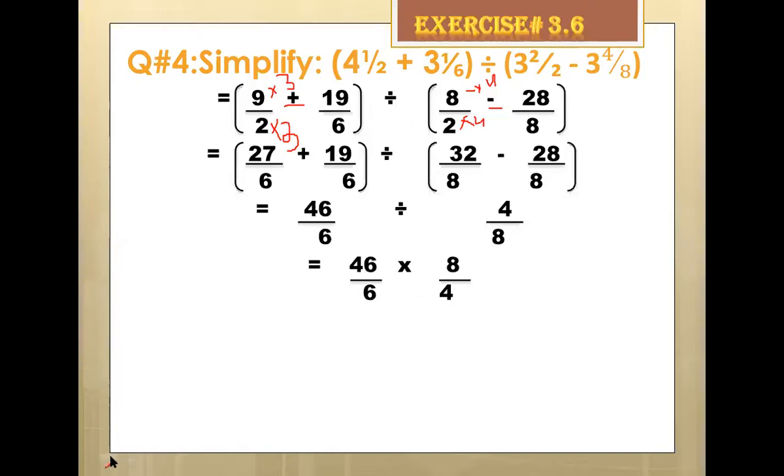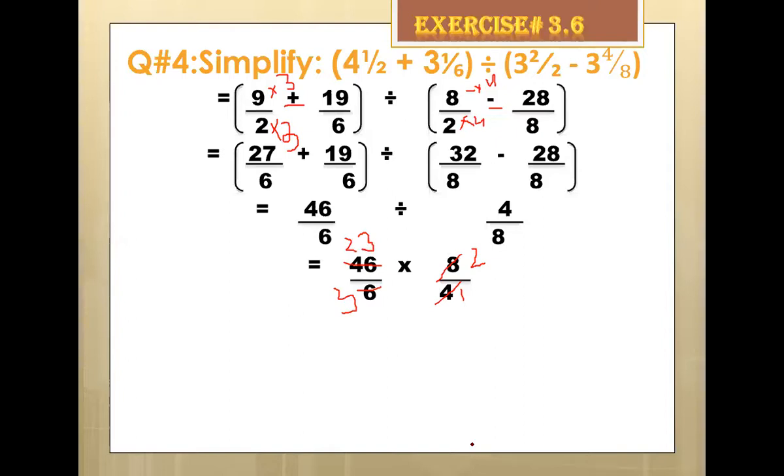So what I'm going to do here is perform cancellation. If you have addition, you will make the denominator the same and then simply add them. But if you have this type of multiplication, you will simply reduce it. If you look very carefully, here you have 4 and here you have 8. So you will simply reduce: 4 ones are 4 and 4 twos are 8. And 46 and 6 can be reduced by 2. So 2 twos are 4 and 2 threes are 6.